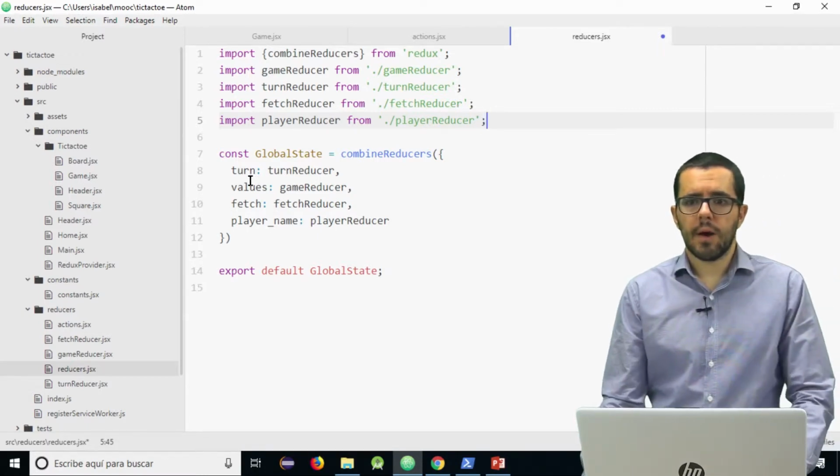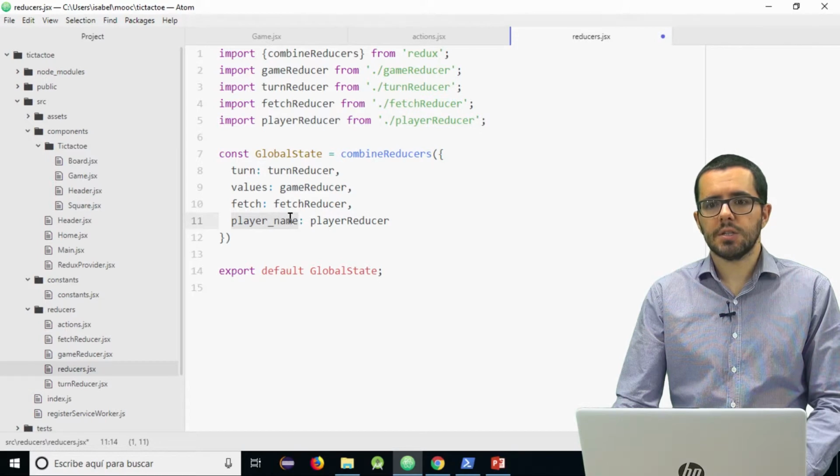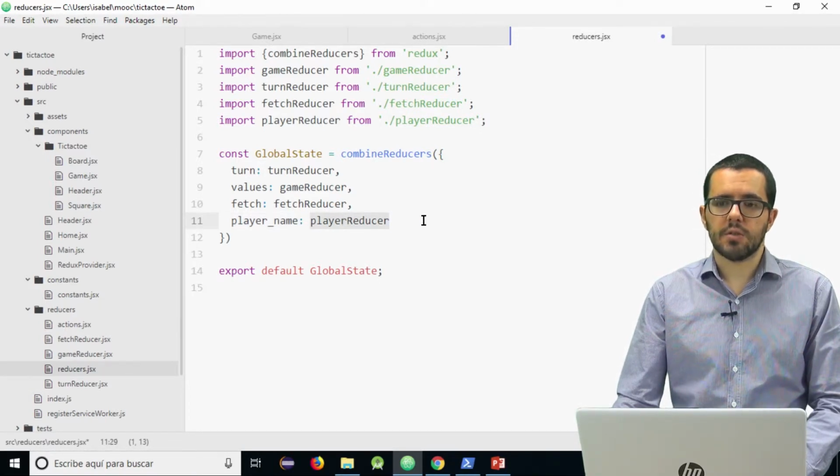Well, we now have four parts of our state, we just increased it, and when something changes in the player name, the player reducer is the one in charge of it.